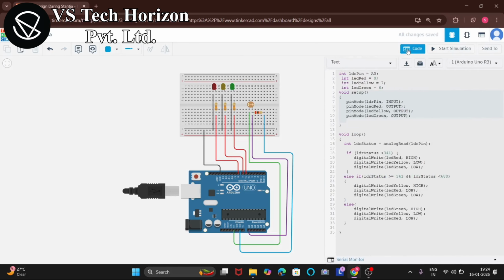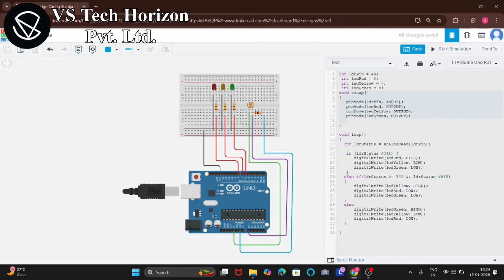Now moving towards the code. So I already wrote the code here. Now I am explaining the code. So basically first I declare the variables here. LDR pin is connected to the analog pin A0, then the red, yellow and green LEDs are connected to pins 8,